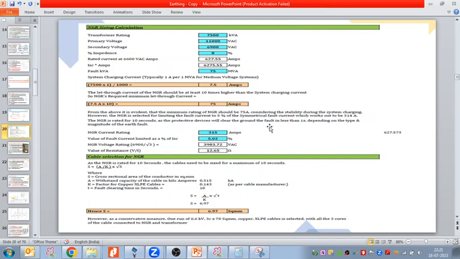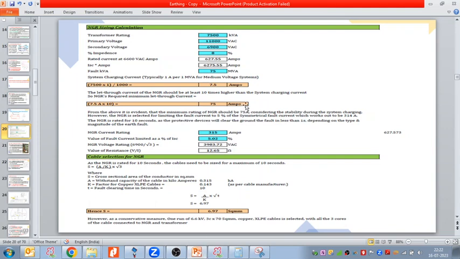So 5% of the system fault current rating, here we have 6275, which is to be 5%. The NGR rating is selected for 10 seconds, as a protective device will clear the ground fault in less than 1 second, depending on the type and magnitude of the earth fault. So NGR current rating 315 ampere. Here are two values, minimum should be 75 ampere, maximum allowed in our case we took 100 ampere is allowed,